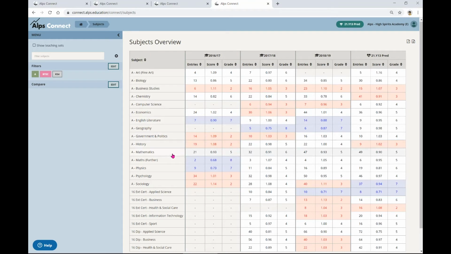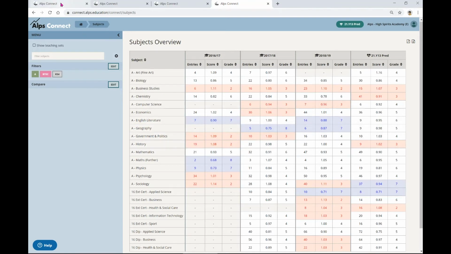Maths were on an improvement journey. What we've seen here was a 5, a slight dip there, back to a 5 there. But our current predictions are taking us back down into this territory. So again, I want to be having conversations with those around what their strategies for improvement are. English literature is another area for concern.